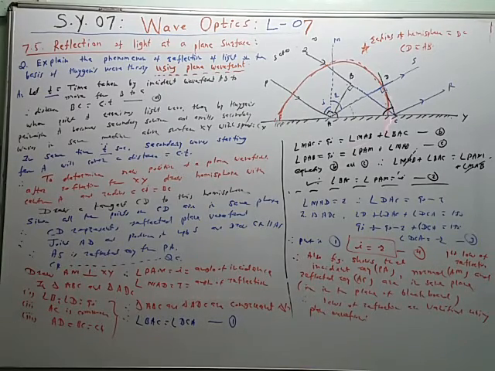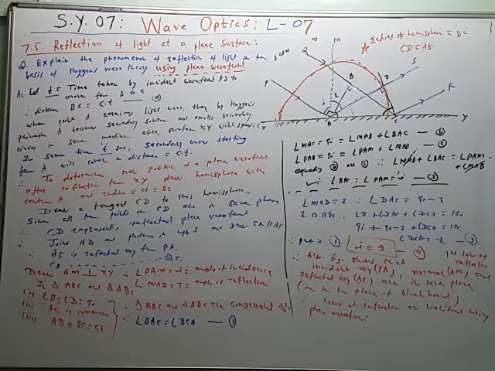So you can describe the figure like this. Consider a plane wavefront AB bounded between the two incident rays PA and QC. It is incident obliquely on the plane reflecting surface XY in air medium as shown in the figure. When the primary wave moving along PA touches the surface XY at point A, then the other primary wave moving along QB will arrive at point B. All the points on the wavefront AB receive the light wave simultaneously. So this primary wave will take longer time to touch the surface XY.